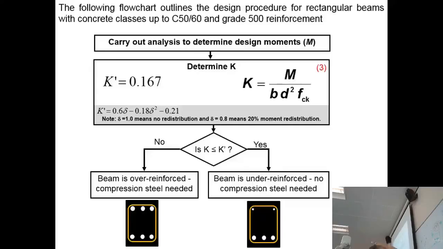You've got this K, well they call it K dash, 0.167. If your K value is greater than 0.167, then based upon all of those dimensions you will have to have steel in the bottom and the top. So you can start the second question. If your K is under K dash,